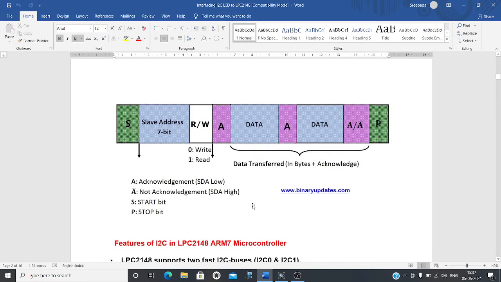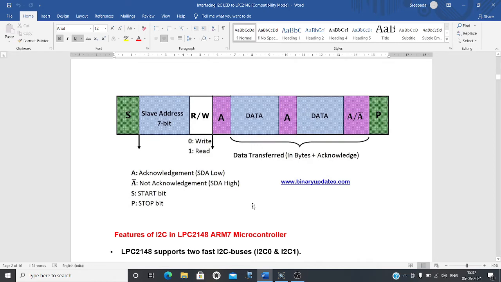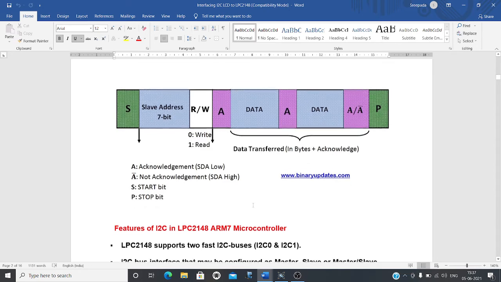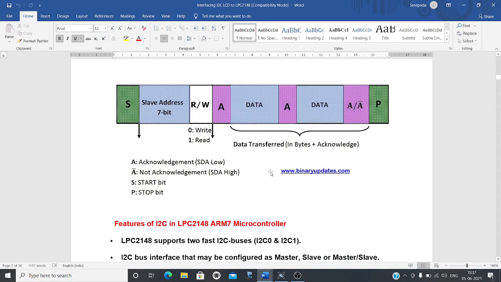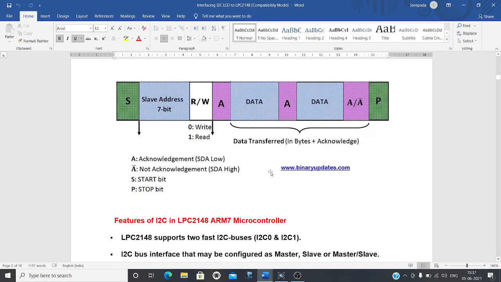So how will the data be transferred from master to slave, from one device to another? There is a format actually. This is the I2C data format. Here the data will be transferred like this: first of all, a start pulse will be issued.